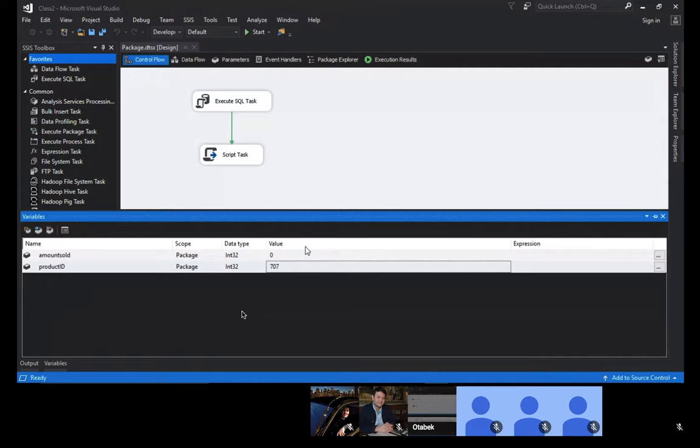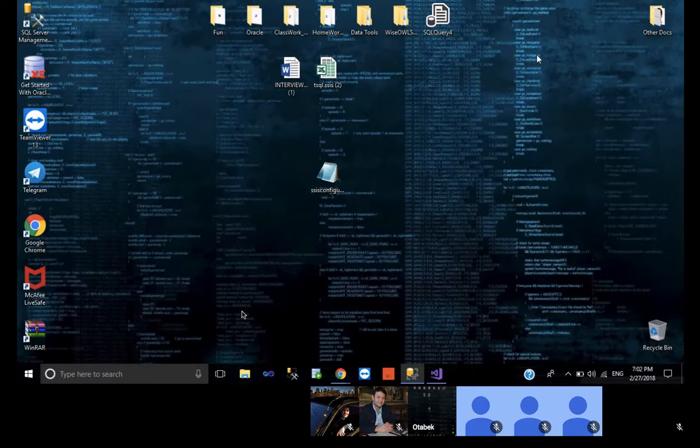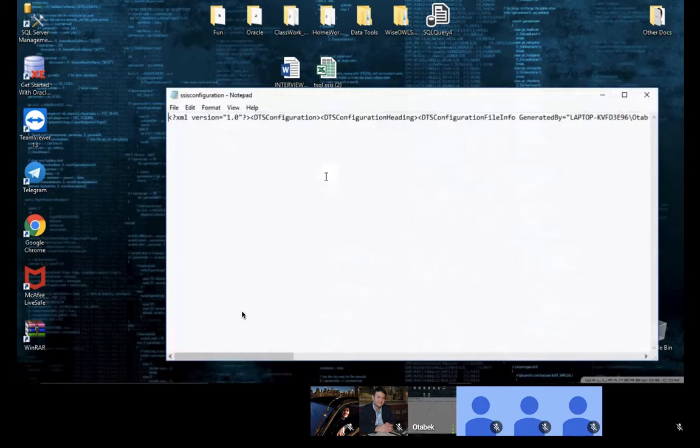Now, it's not just product ID. You can manipulate employee name, employee ID. You can manipulate what else? Connection string. Most of the time, that's what you need. Connection string, I mean the server and the database that you are using there. Because in most